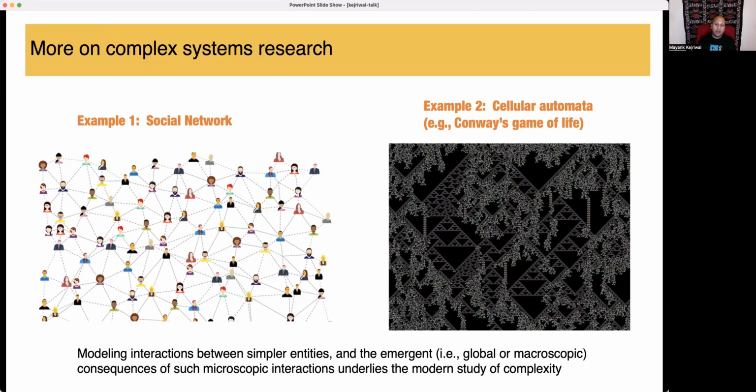And so this is a long line of research, right, outside of AI. So in computational social sciences, we've seen this research with social networks for many, many years now. There's Conway's Game of Life. This is like 40, 50 years in the making. So there's a lot of precedent for doing this kind of work.